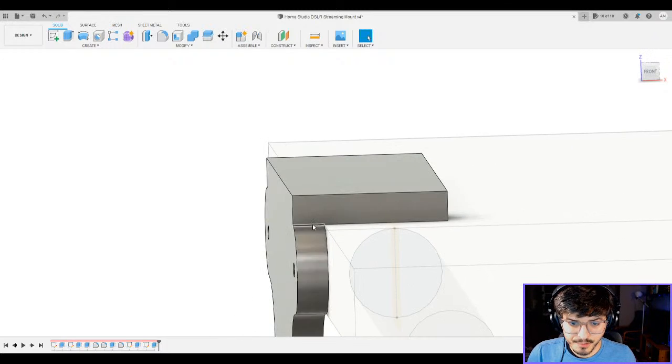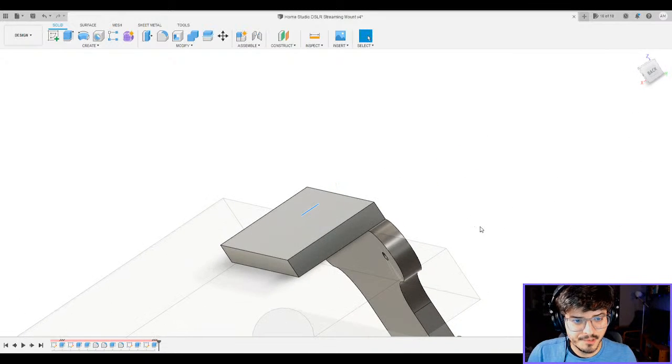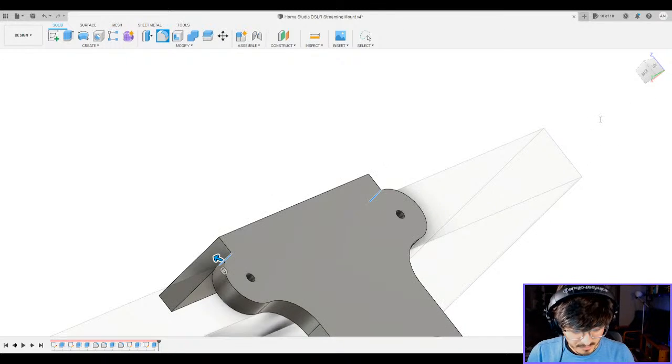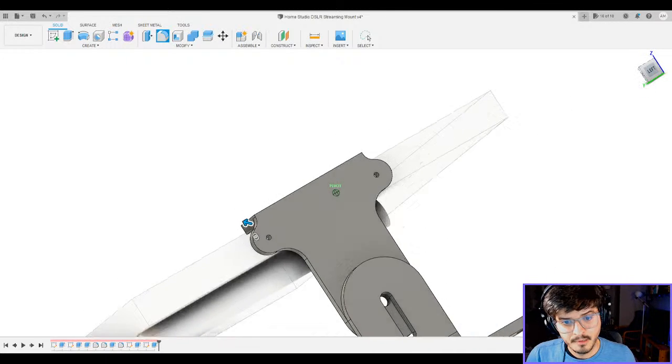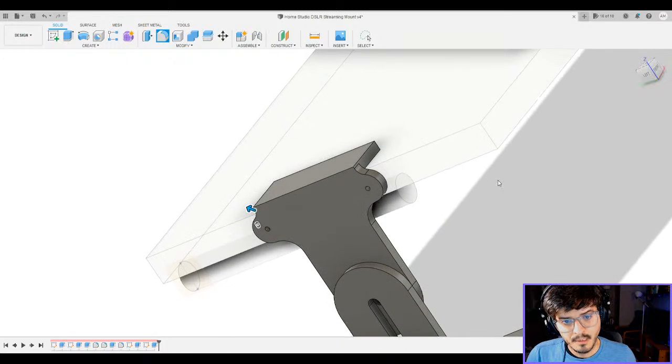I'm going to fillet those edges. Fillet, I know. A 1/4 inch. What? Isn't it going? No? 1/4 inch. There we go. All right. Do that.